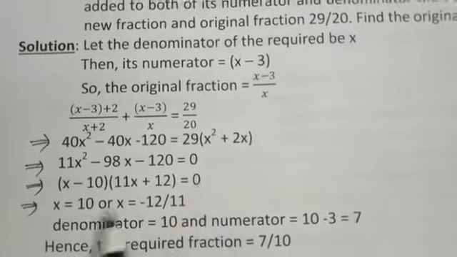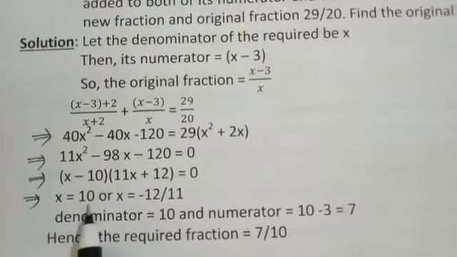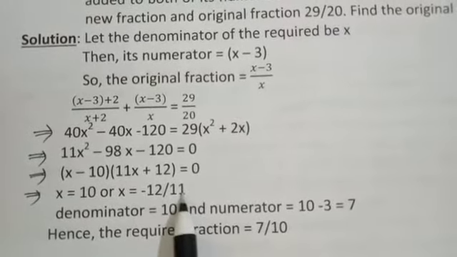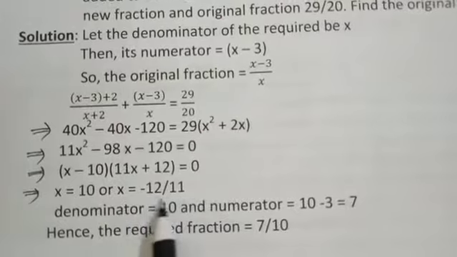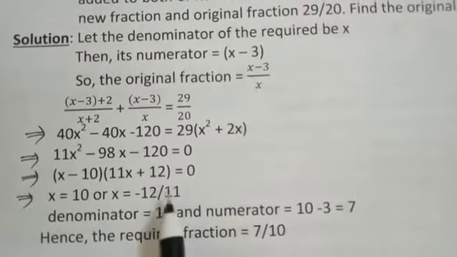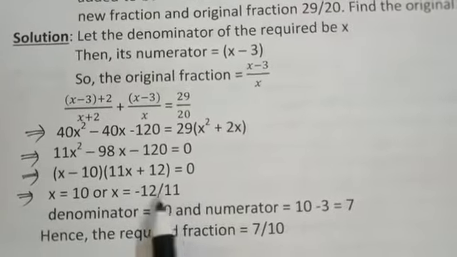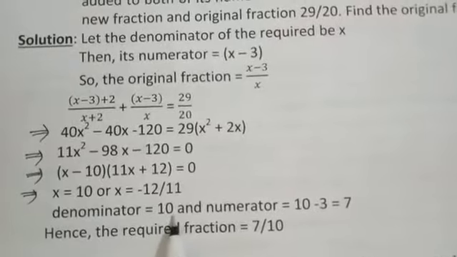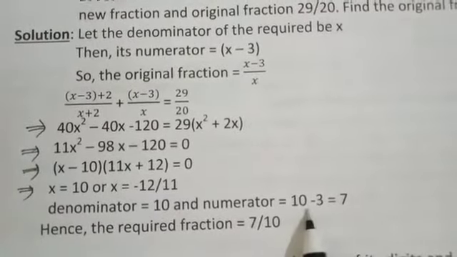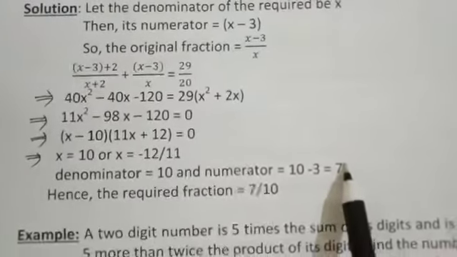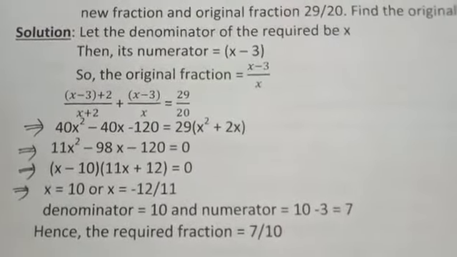Now from here we are going to get two values of x. x is 10, and the other is minus 12 by 11. This second value is not possible because a fraction cannot be negative. So we have to take the value of x as 10. So the denominator is 10 and the numerator will be 10 minus 3, that is 7. On the basis of that, the required fraction will be 7 by